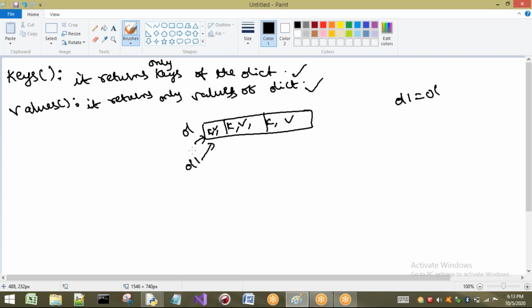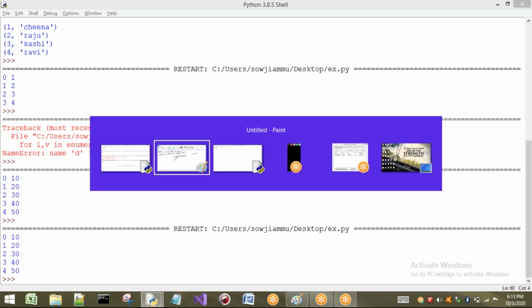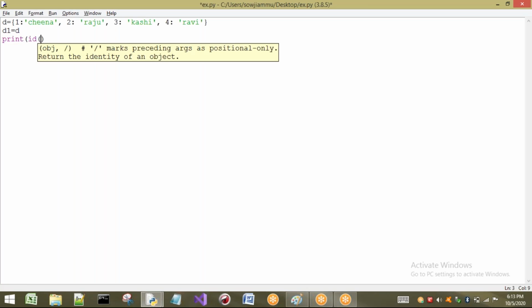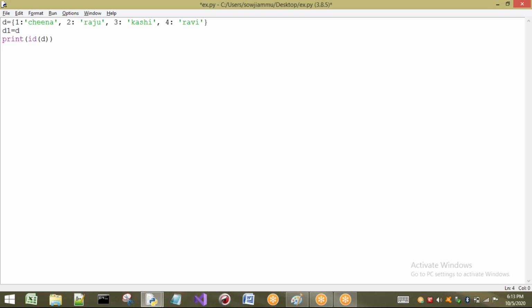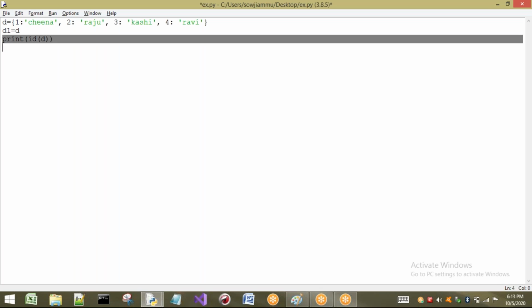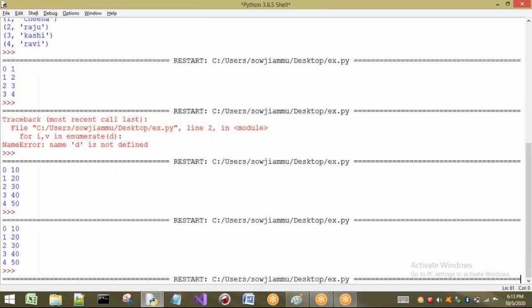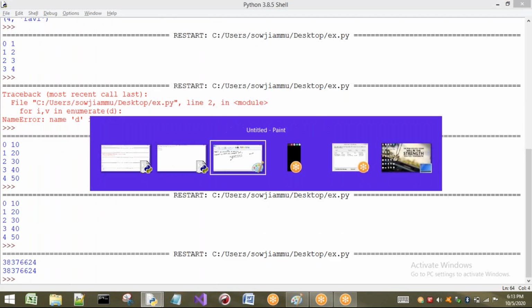How to find this? We have the ID function. By using the ID function, we can observe that if both addresses are the same, it is the same object. If the addresses are different, it is a different object. So here I'm going to print the ID of D and the ID of D1. It will give you the same address, because both are pointing to the same object.